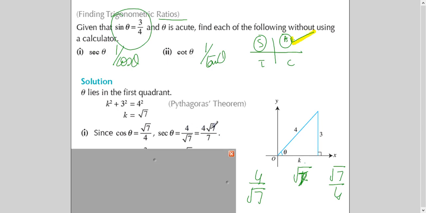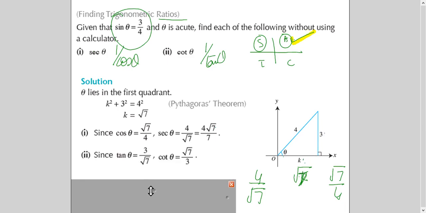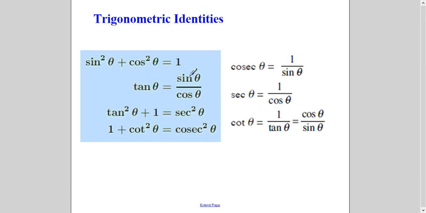But why has it been written in this form? Any idea? Do you remember logs? We studied that when we have a surd in the denominator, we simplify it by applying the concept of rationalizing the denominator. So applying that concept, we have converted it here. If you don't know, you can see my video on logs, and you will find the link on my blog address. You can see from there for rationalizing the denominator. Anyway, for cot, I will find out tan, and tan is opposite over adjacent, so 3 over root 7. And then I will take the inverse of it. So this is how we handle these types of questions.